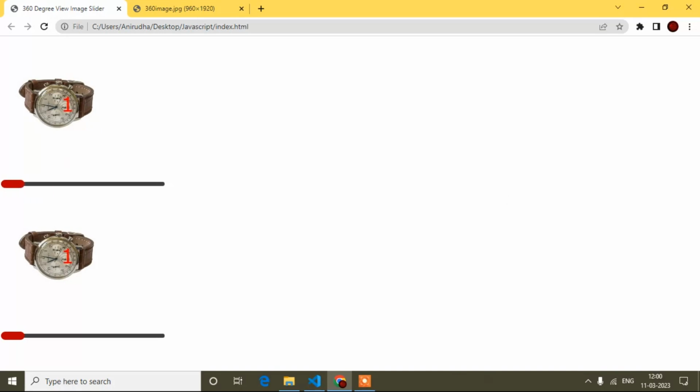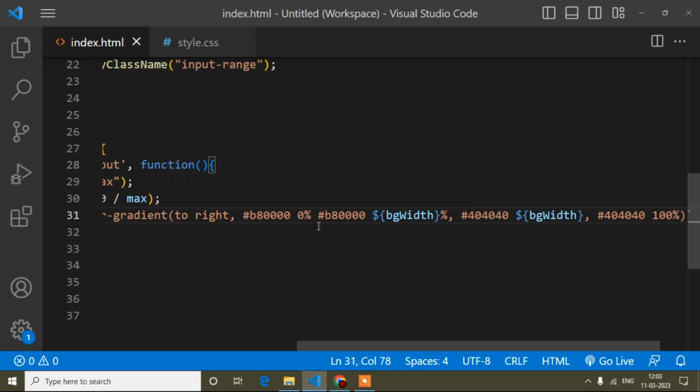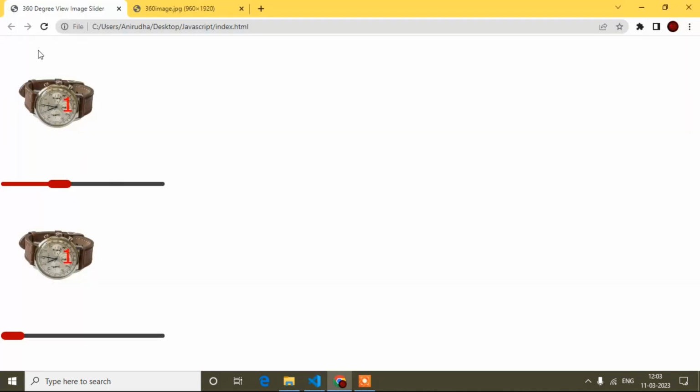It is not working. I have to check where it is wrong. Guys, I checked where I did wrong. The wrong thing is this one. Initially this red color will start from 0, right? When I refresh here, it will come like this. It will start from 0 and cover up to some width, filled with red color.